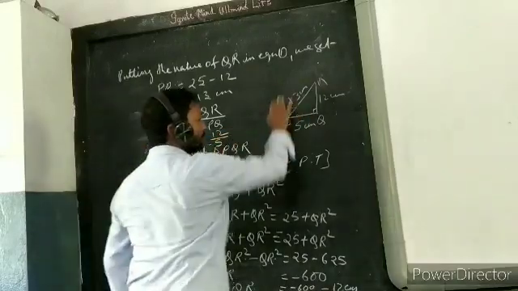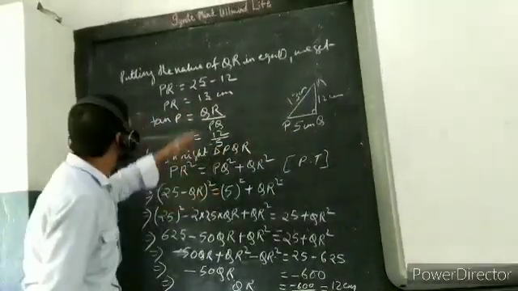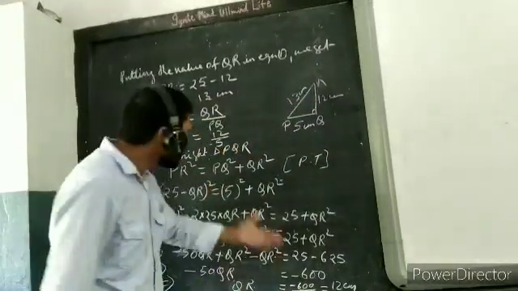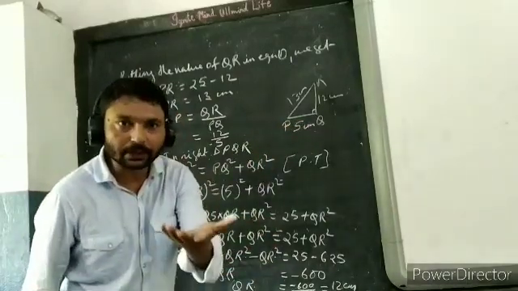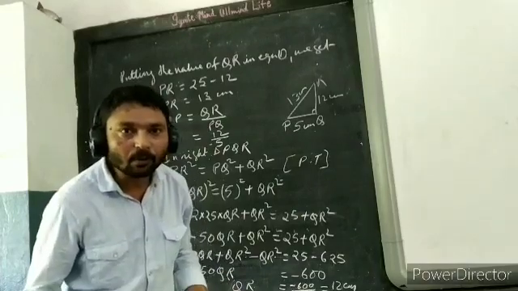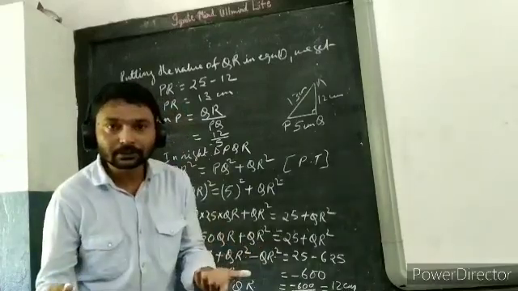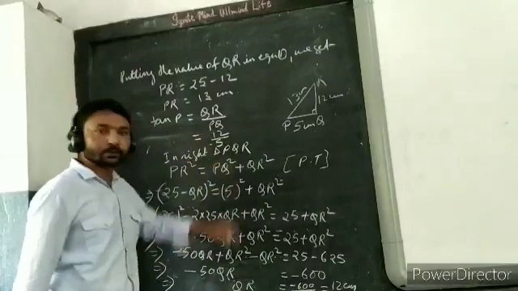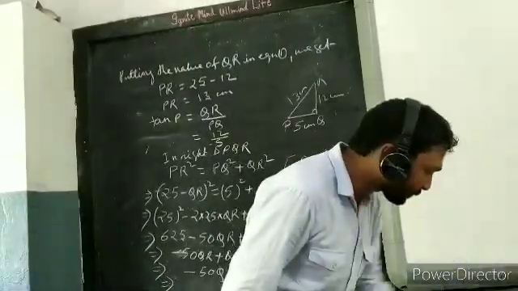If you write here on the triangle, it will help us a lot to write from the table directly. Otherwise you will search where it is. And if you write on the triangle after finding, before that you don't write, then how do you get to know? A teacher will ask you, how did you come to know? You can't say, sir, I have done. And if you know everything, then why write? Now just see here, you will get 12 by 5. Similarly, you can find cos P and sin P.